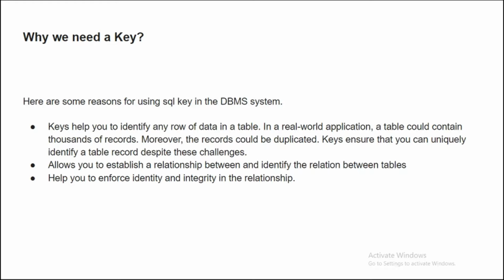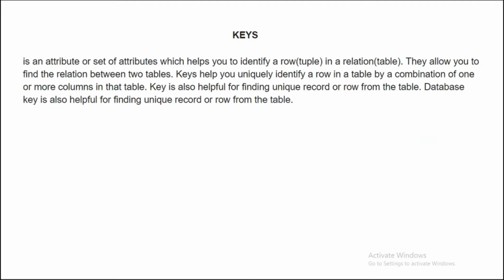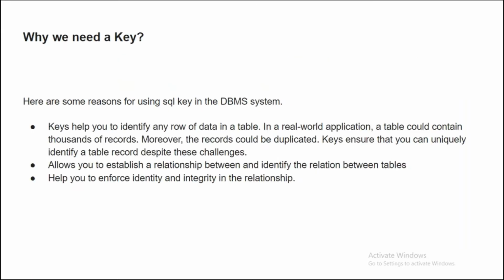Next, if we have multiple tables and we want to join them and take out the data from these tables, we need to have a common factor there, and that common factor we can term as a key. That is also important. Also, a key is useful for data integrity. Data integrity means if I say the column has an integer value, it will always have an integer. That is what we call integrity. So let's summarize what a key is: a key is an attribute, meaning a column or a set of columns, which helps you to identify a row in a table. This is the definition of a key.